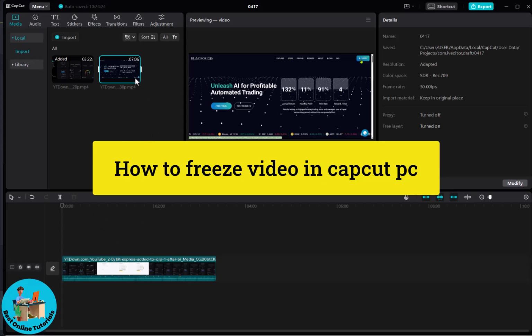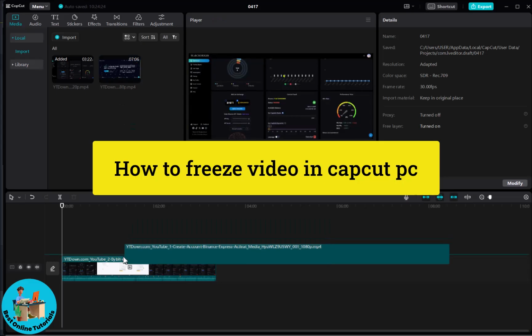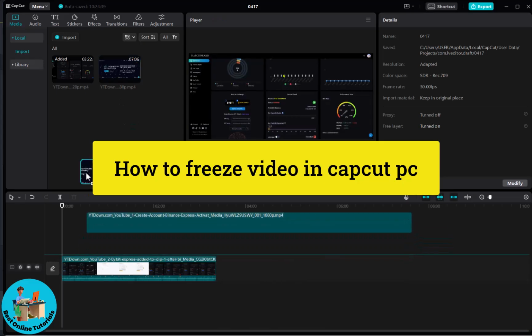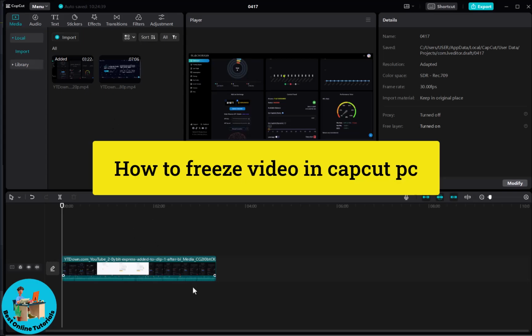Now, once you've added it to the media bin, just go ahead and drag it and place it here. So it's a simple drag and drop and it would be added here. Now, once you've done that, all you need to do to start freezing your clip is to select the clip